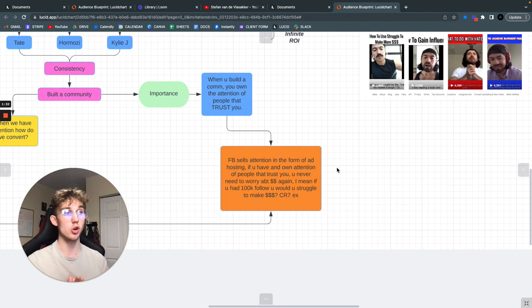But think about this. If you had 100,000 followers, do you think you would struggle to make money? Probably not. One example I like to use is Nike, right? If you look at a Nike shoe in the factory before the Nike logo is on it, it probably costs about $5. It's about the same shoe as any other shoe out there. But the second they slap that Nike logo on there, boom, it's up to $200. This is the same for Gucci, Louis, all that stuff. The only reason it's priced at what it's at, that's the value, is because of the status that comes with it. It's the brand that they built around this. So that's the importance of a community.